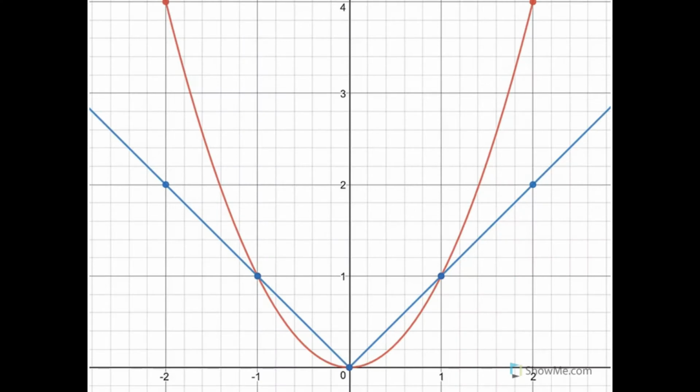If we compare the parabola, the graph of y equals x squared, to the graph of y equals the absolute value of x, we can see that the parabola, the U shape, is below the V between 0 and 1, and then it climbs faster than the V shape after the point 1, and it's symmetric on the other side. So we have the same thing. Compared to the V, it's below from 0 to negative 1 and above from negative 1 to negative infinity.